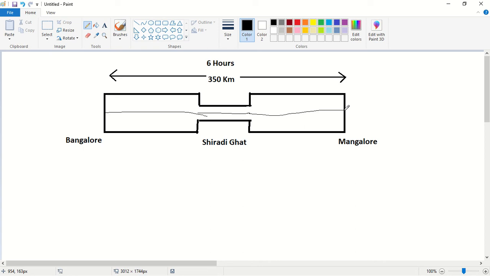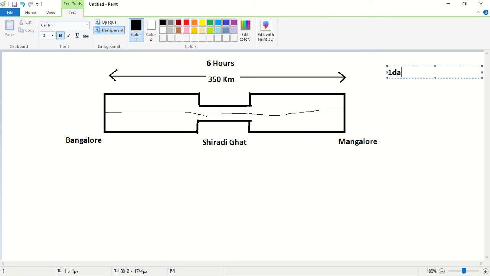Assume that Yogendra is an IAS officer and he is the highway and transport secretary. So he will give a suggestion to the minister, that is Dashwant, saying, Sir, if only one vehicle is allowed to travel on the Bangalore and Mangalore highway, per day only 4 vehicles can travel on this highway, because it takes 6 hours to reach Mangalore. So per day, only 4 vehicles can travel in this highway.